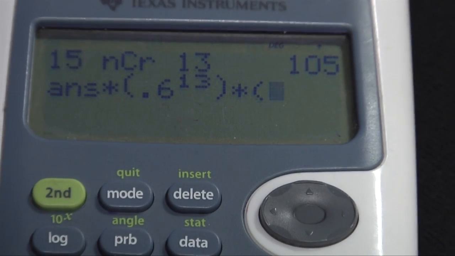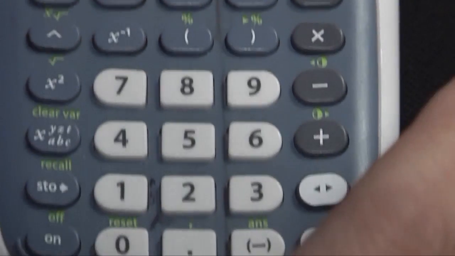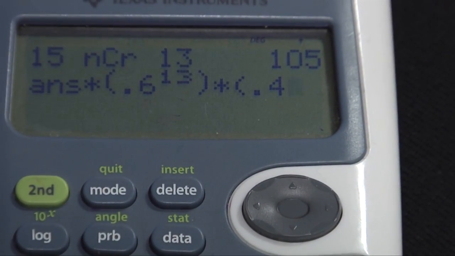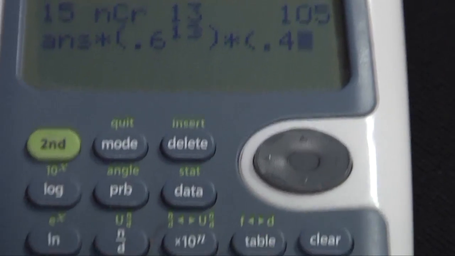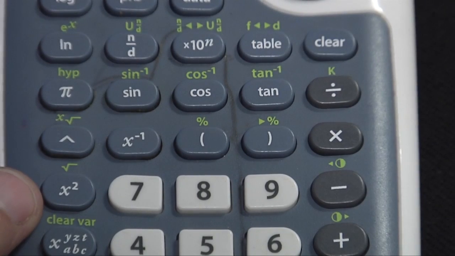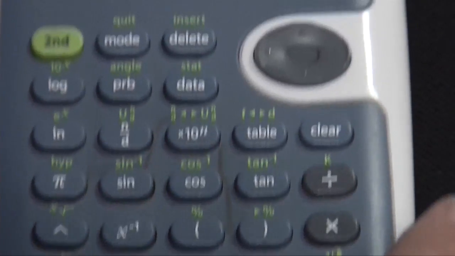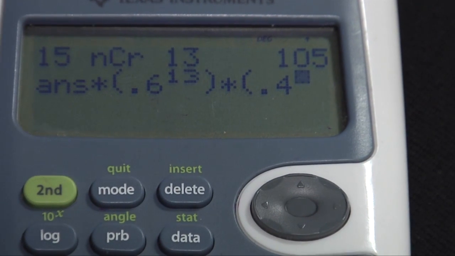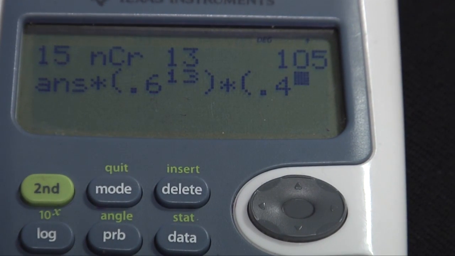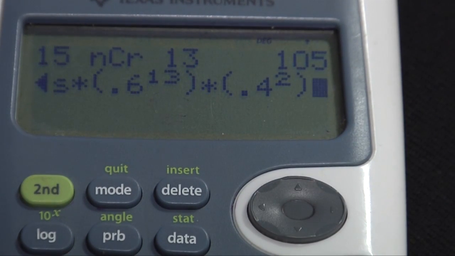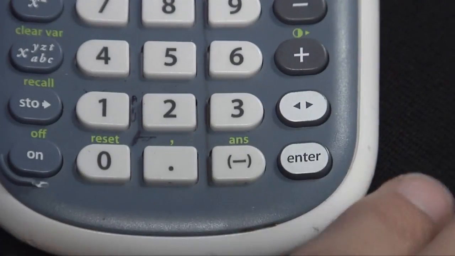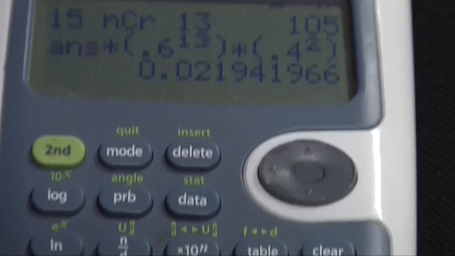Now we need q, which is 1 minus p, so 1 minus 0.6. Well, that's easy enough to do in my head. That's 0.4. And I need that to be to the n minus x, or n minus r, power. 15 minus 13 is 2, so I need that squared. In this case, since it's squared, you could just square it, but again it's a habit to hit the exponent button, so that I can handle any problem I come across. It's again a habit to come down and close off the parentheses. Since I've entered everything I need, I can hit the enter button, and I get